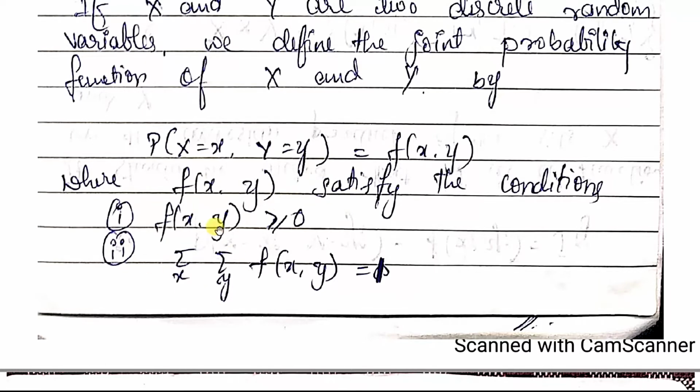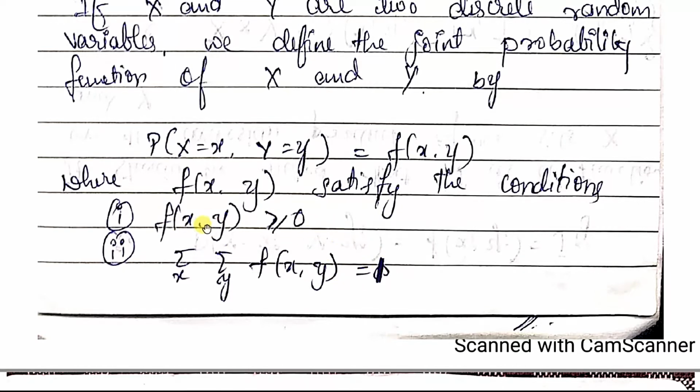See, these are the two conditions for the random variable. If it is a discrete random variable, each and every probability function f of x is greater than or equal to 0, and the sum of all the probability functions will give you 1, isn't it? If it is continuous, each and every probability density function f of x is greater than or equal to 0, and the integral from minus infinity to infinity of f of x dx is equal to 1, isn't it?